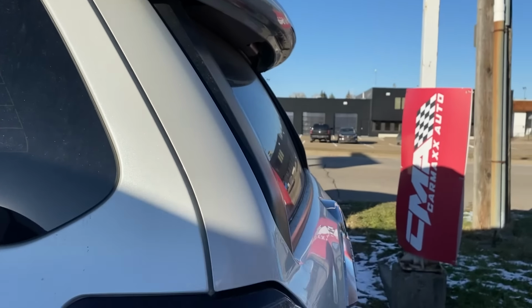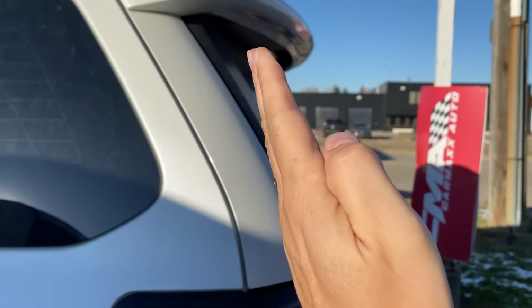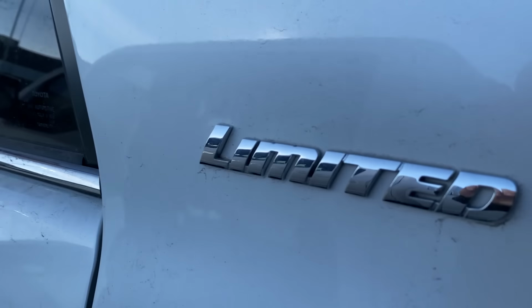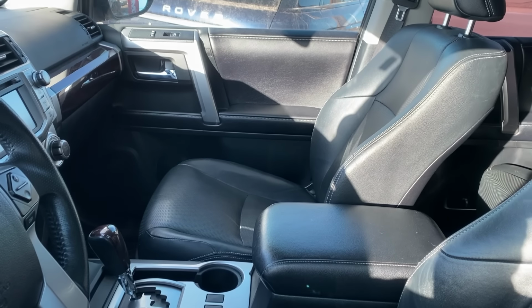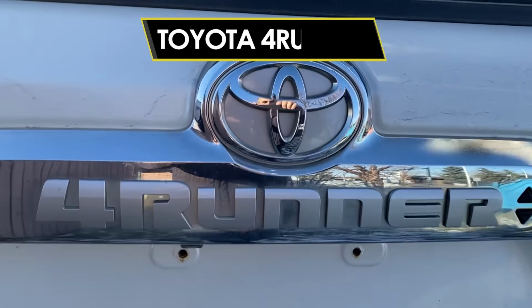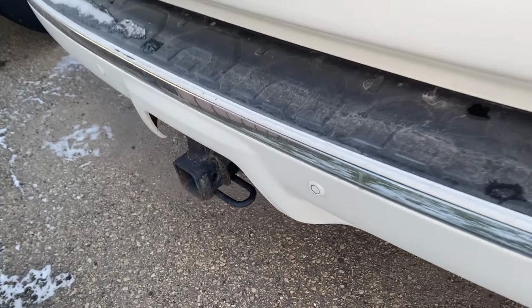Of course, look, it's a very squared off back, meaning that you can allow a lot of cargo space in there because it is more square. It maximizes your interior space. This here is a limited version, means it's quite loaded up, and the interior is built to last at least 1 million miles. Everything is stout, sturdy, well put together. What we're dealing with here, of course, is a Toyota 4Runner. As we see here, yes, you can haul a lot of weight, you can tow your boat or your trailer,